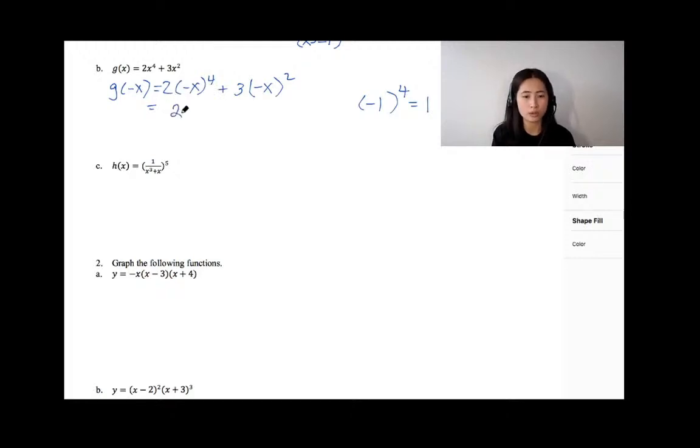So in that case, you're going to get exactly 2x raised to the power of 4 plus 3x squared, and as you can see, that is exactly the same as g of x to begin with. So therefore, since we know that g of negative x